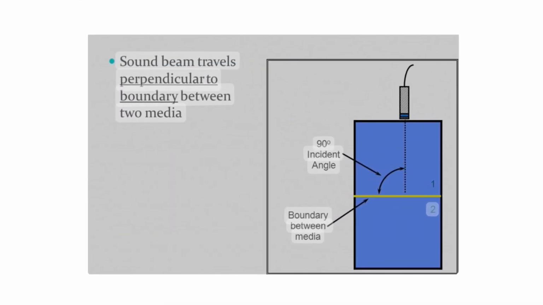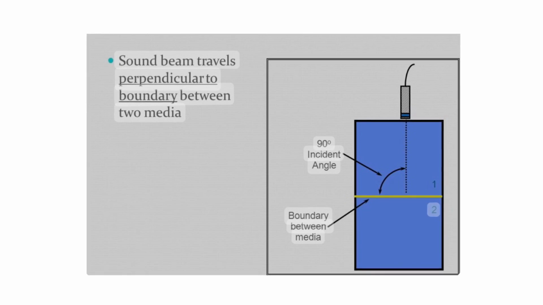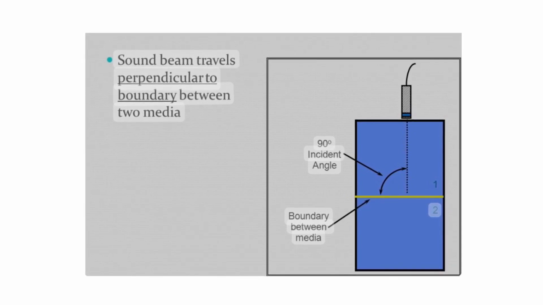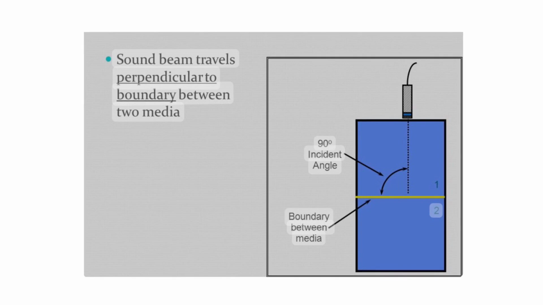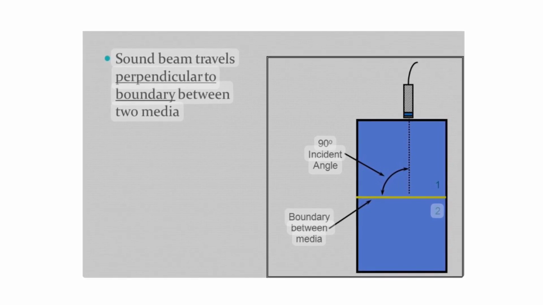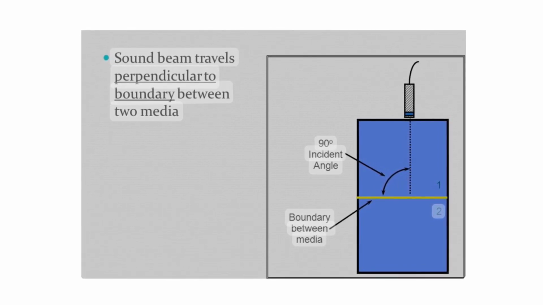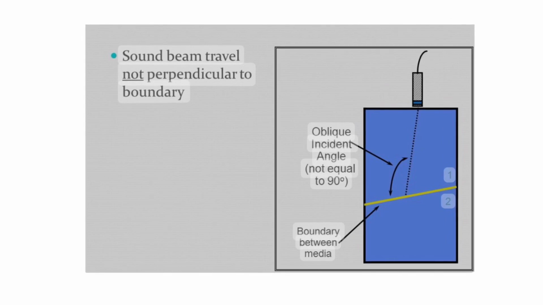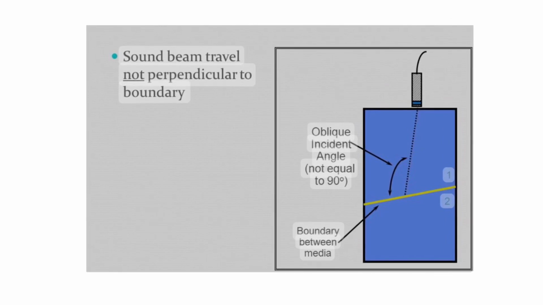Let's talk about the two types of incidence. The first one is normal incidence, which is when the sound wave strikes a boundary at a 90-degree angle. The sound wave is completely perpendicular to the boundary. The second type of incidence is oblique incidence, which is when the sound wave strikes a boundary at any angle